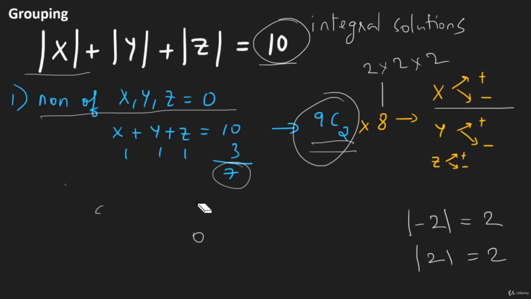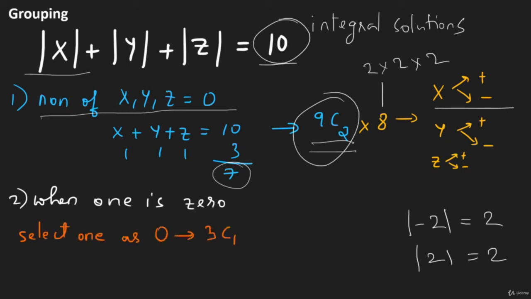The second possibility is one of them, that is one of x, y and z is 0. Now when one of them is 0, we can select any one among x, y and z in 3C1 ways, right? Selecting 1 from 3 is 3C1. So, after you do that, you are left with 2 more, right? And the remaining 2 can get 1 in 9C1 ways,